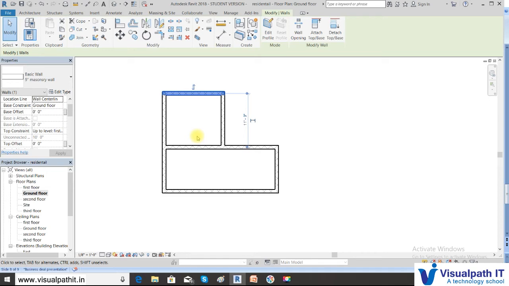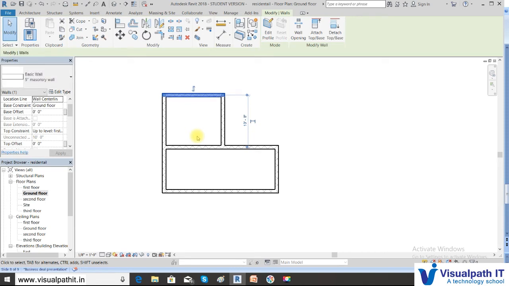Okay, now suppose I want to move in some inches, 11 foot, maybe 10 foot, 6 inches. Either you type the value as I just showed you, or use the arrow keys on your keyboard. The 4 arrow buttons are there, below the shift button: right arrow, left arrow. So if you press the down arrow, you can see that the value gets changed.